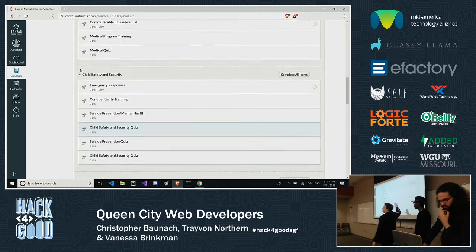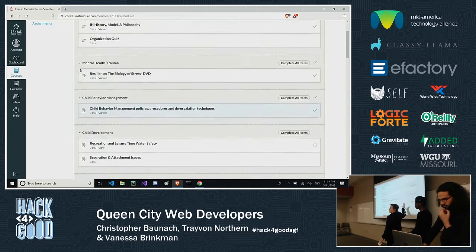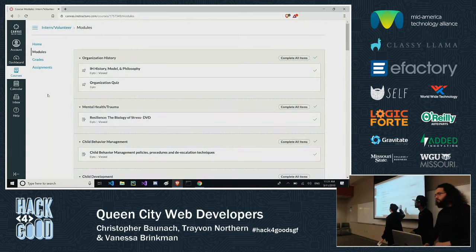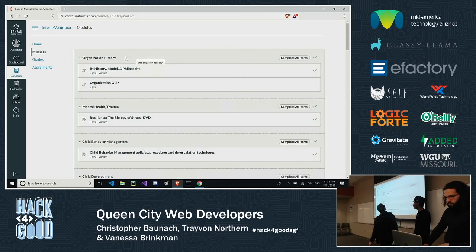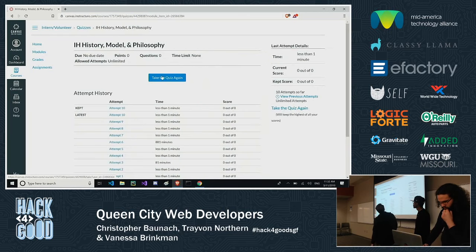And this has none of these staff assignments. This is only the volunteer assignments. The staff assignments are a different course that is not viewable by this person because they are not a staff member. So if you look at this assignment, it reads as a quiz